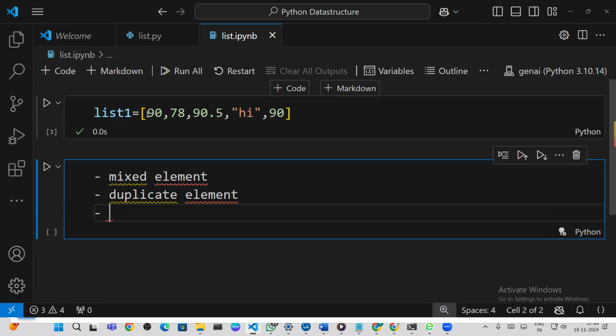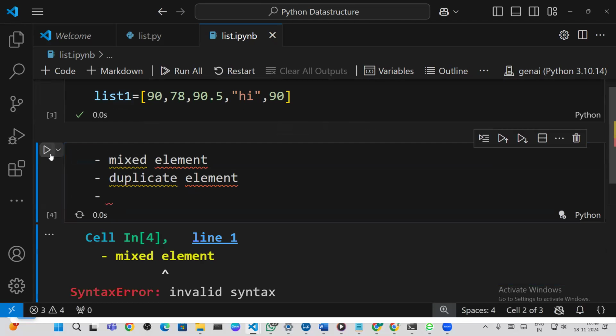What do you mean by that? So 90, 78, 90.5, high, and 90, the same order. If I just run this, let's say if I just run this,